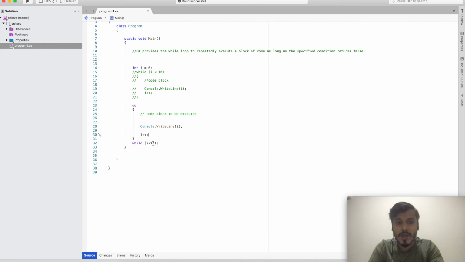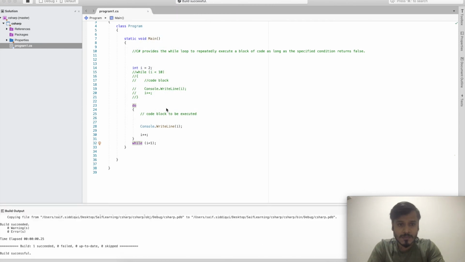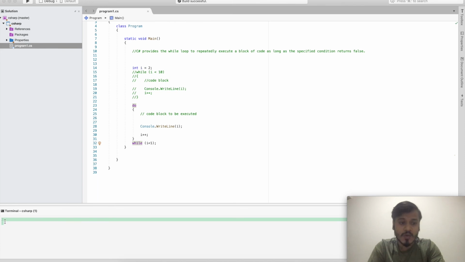So now if I take this value as 2, and here I just take it as 1, so is 2 less than 1? No, that is not the case. But if I am going to run this, I am getting 2, because it is getting the value from this variable.